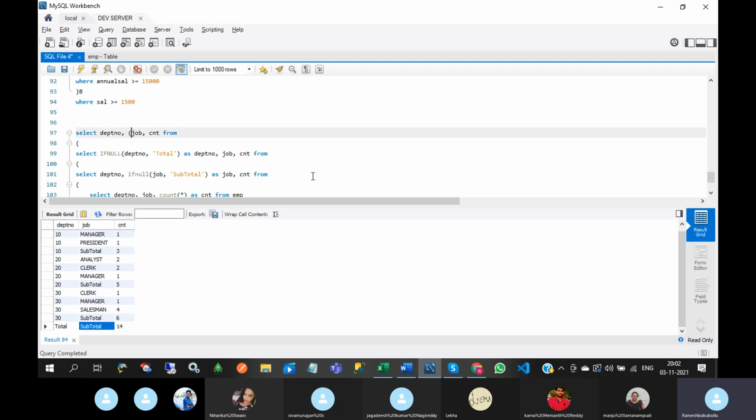So here case when department number equals total, then total, else job, end as job.